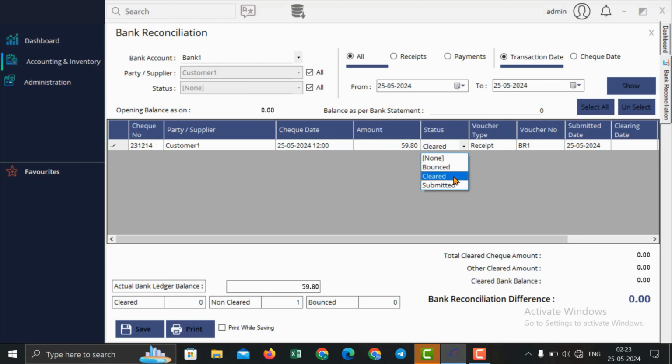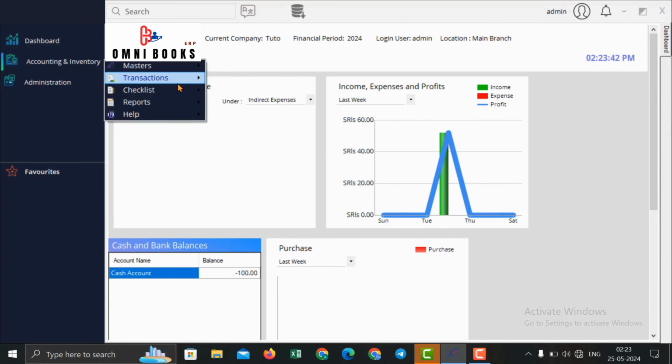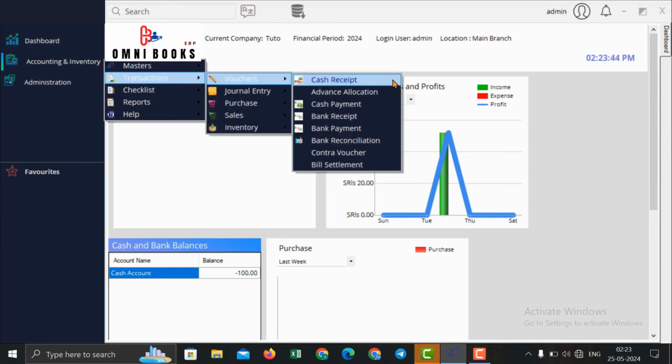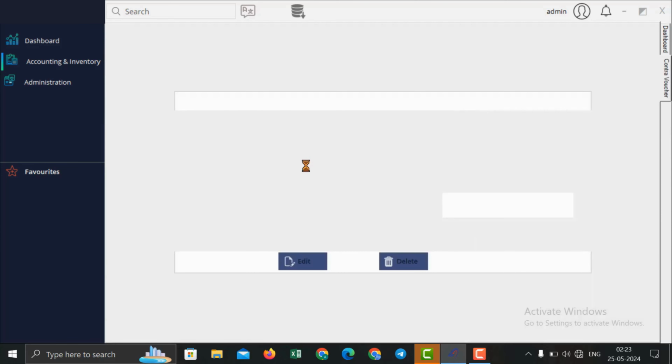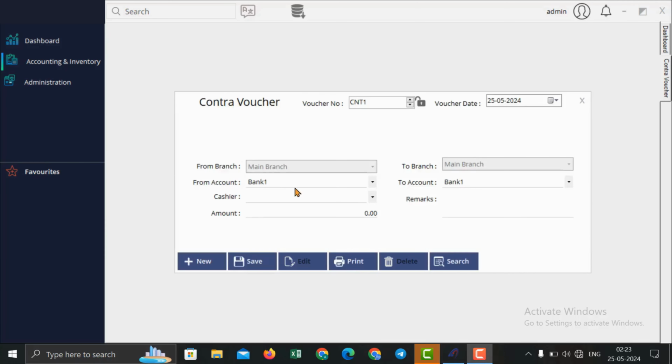The cleared and submitted are basically equal. It affects the ledger. And bounced, it's opposite. If you want, you can change it and you can update. In my case, I'm skipping that. So like this, you can use vouchers, and we have contra voucher where you can add branch to branch, cash